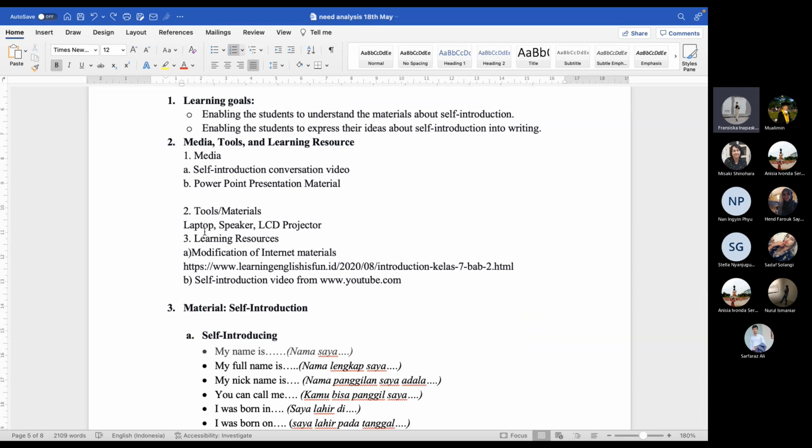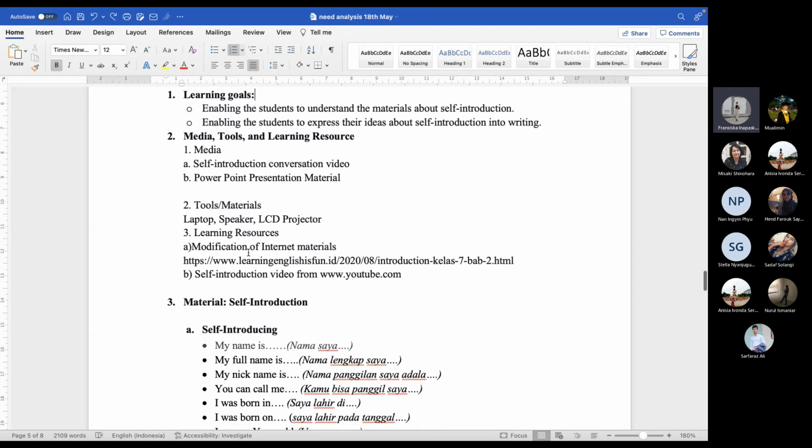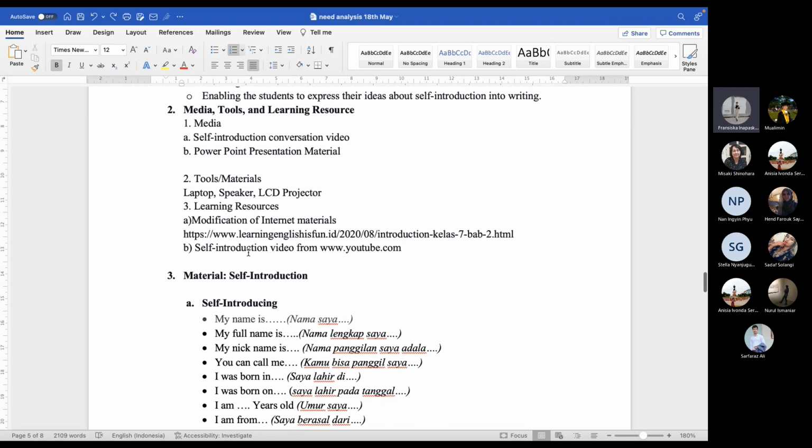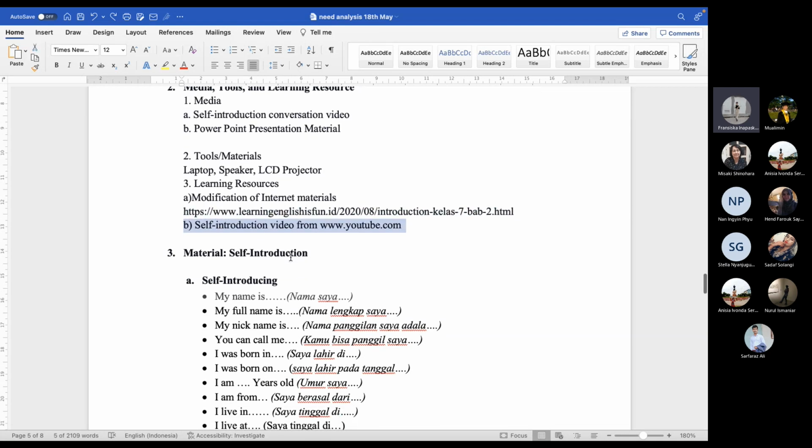The tools are a laptop, speaker, and LCD projector if needed, but if it doesn't work, I may use the whiteboard. The learning resources are from internet materials, but I made a lot of modifications. This is the link, and the self introduction video is also from YouTube.